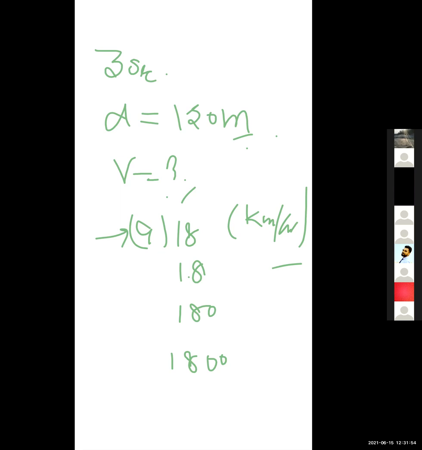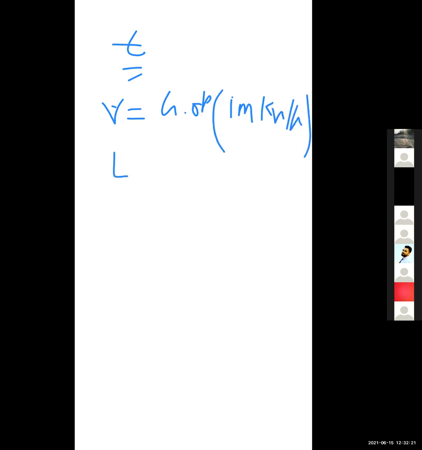How we calculate speed? If exposure interval is given, then how we calculate a speed? So if exposure interval is given, that is T, okay, and if V is the ground speed of aircraft in kilometer per hour, and L is the length or distance on ground. Okay, so in that case,